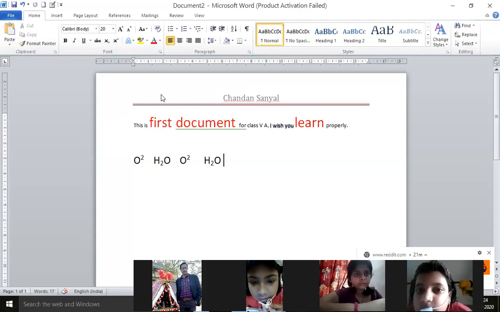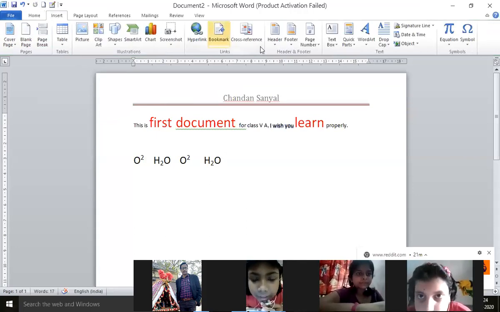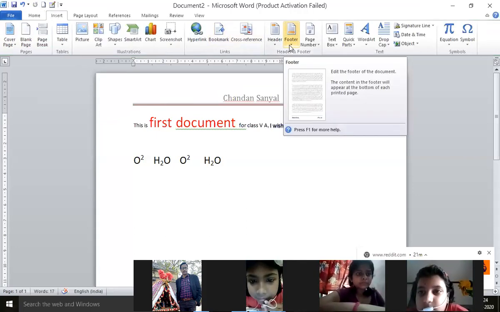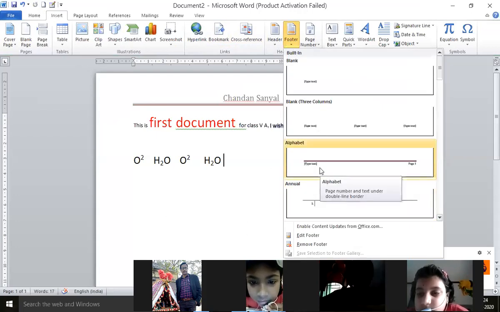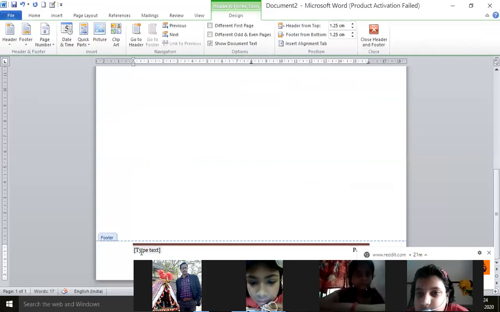This is above the normal text area. Now if I go for the footer, that will appear below the normal text area. So I write something over here. I can type a text, I can write notebook.